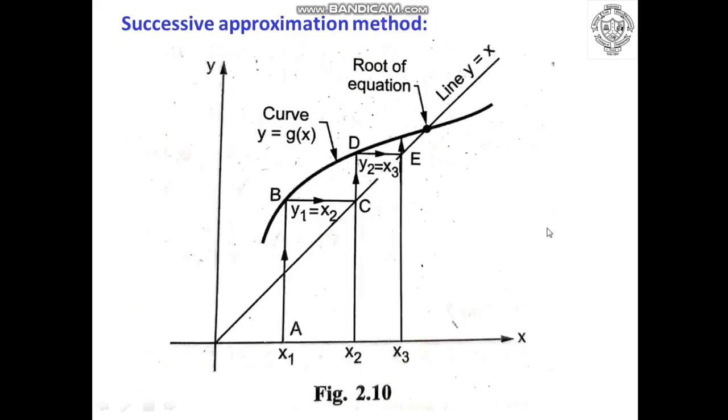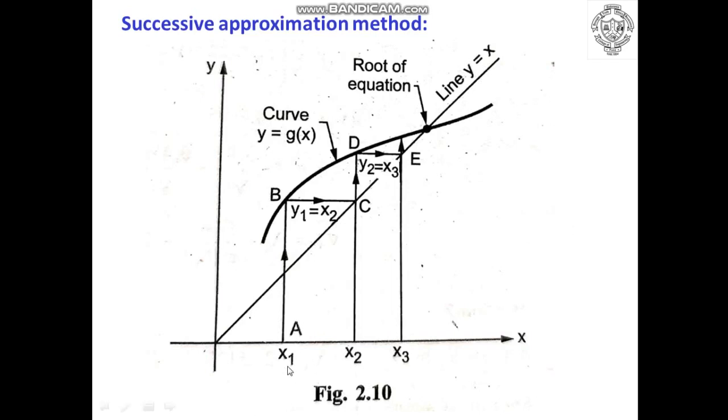So now let us consider two equations. The first equation is y is equal to g of x, which is nothing but this particular curve, and another equation, which is a straight line inclined at 45 degrees and passing through the origin, which is nothing but y is equal to x. So let us consider these two equations and their respective functions, or we can say curves or a straight line, inscribed in the xy plane. Now let us assume initial guess x1 with respect to the condition which we have seen, that is, the absolute value of g dash of x must be less than 1.